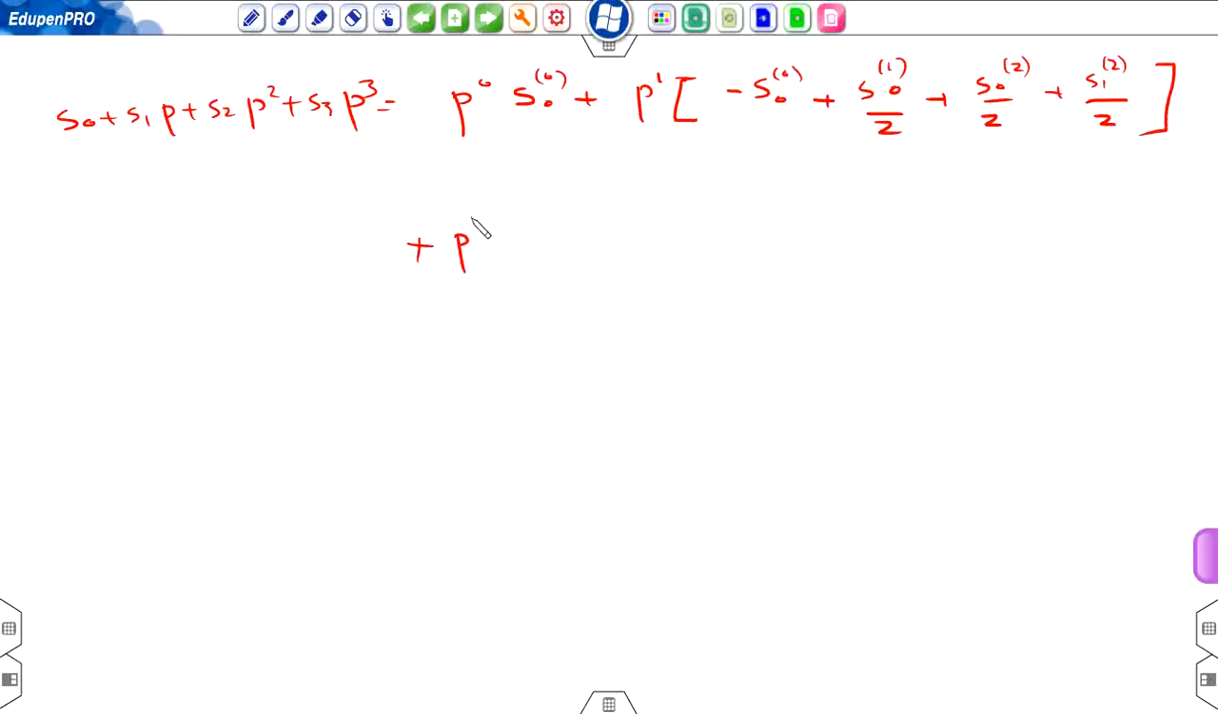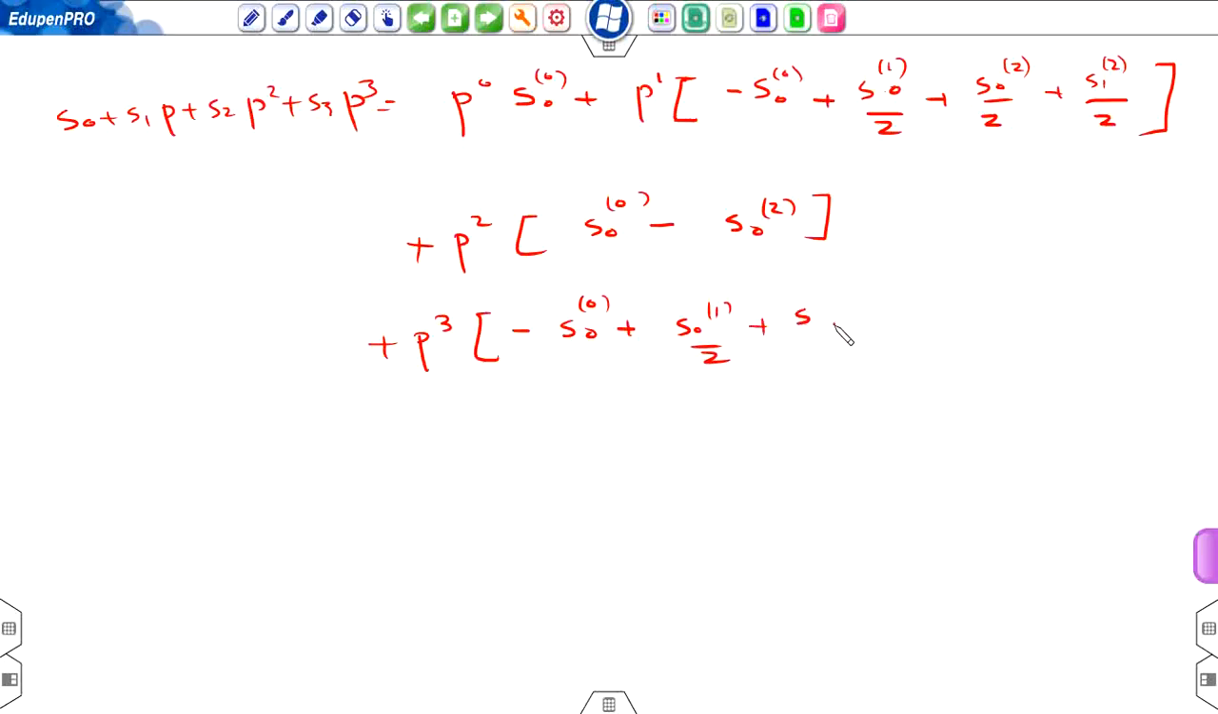Plus p square bracket S of 0 0 minus S of 0 2 plus p cube bracket minus S of 0 0 plus S of 0 1 by 2 plus S of 0 2 divided by 2 minus S of 1 2 divided by 2,